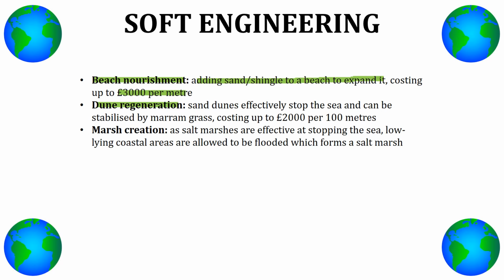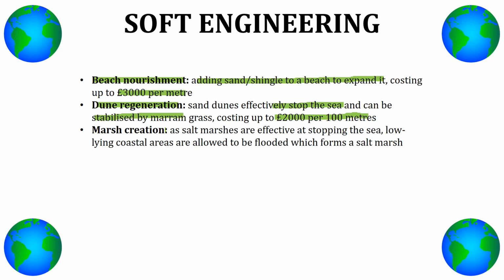The next one, dune regeneration. They stop the sea and can be stabilized by marine grass, and they cost up to £2,000 per 100 meters. Fortunately, it maintains a natural coastal environment, so it can maintain biodiversity. It does not reduce biodiversity. It's also quite cheap, but it can be quite time consuming to plant the marine grass and fence off these areas to regenerate these dunes. And people